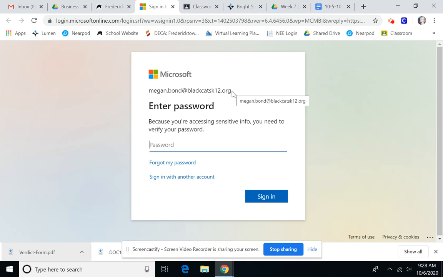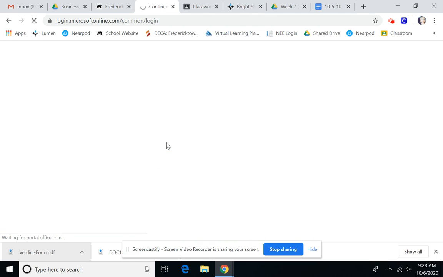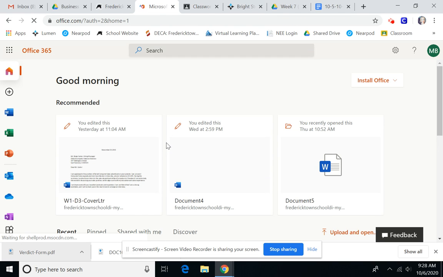You're going to log in using the email that you would use to log into Google anything. So for instance, mine is megan.bond@blackcatsk12.org. Yours will have that same ending. Your password will be the same one that you use to log in. If you're having trouble logging in, send me an email and I can get you added too if you are